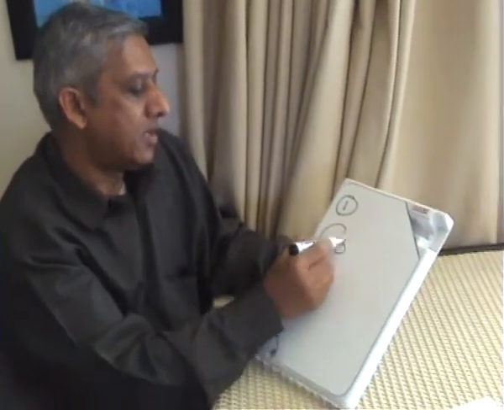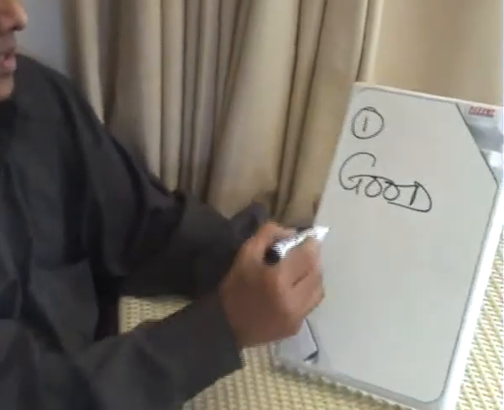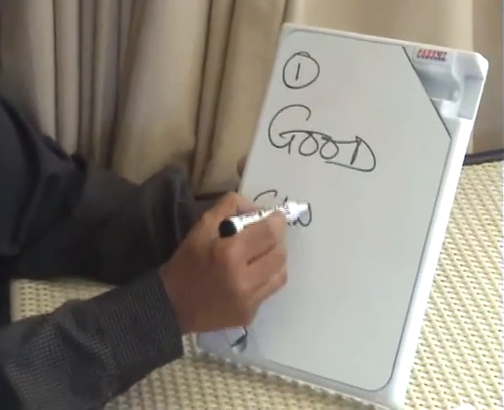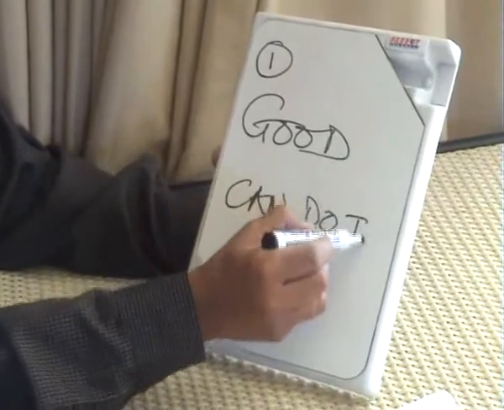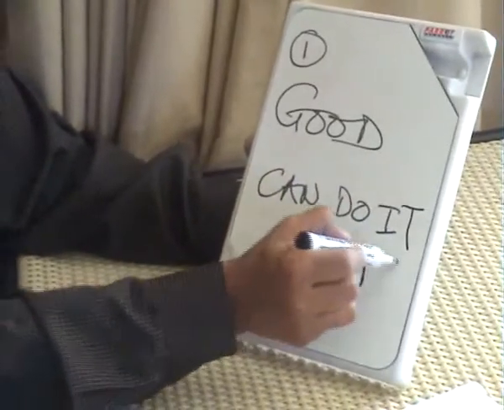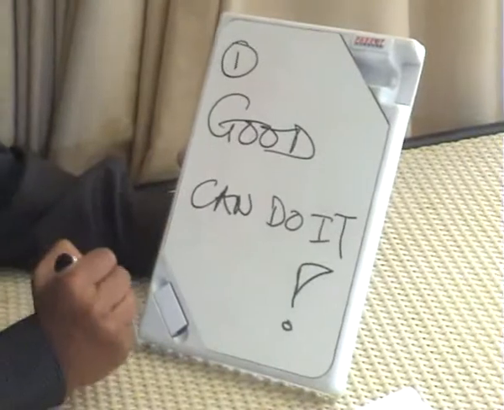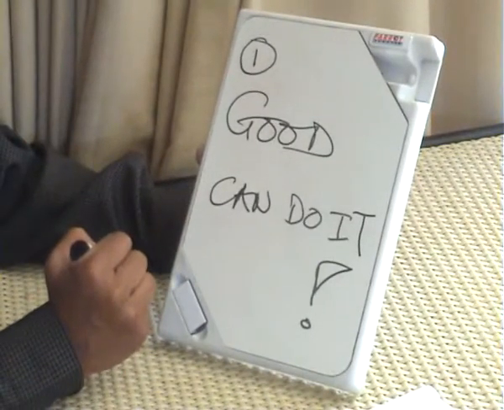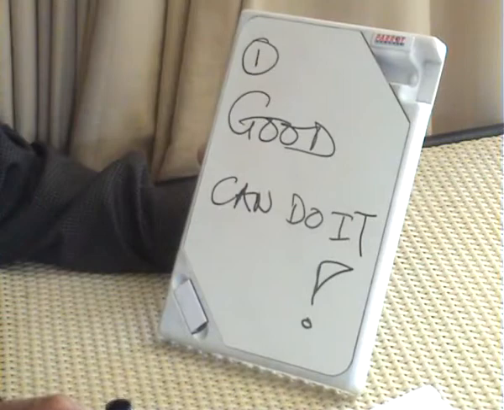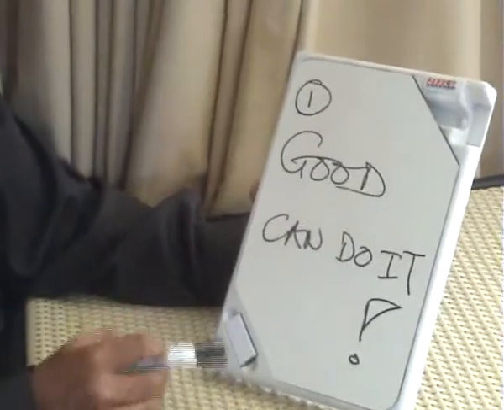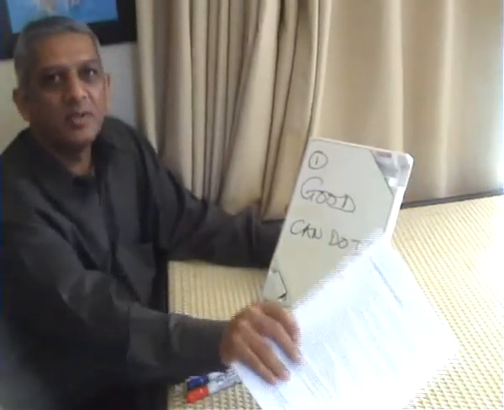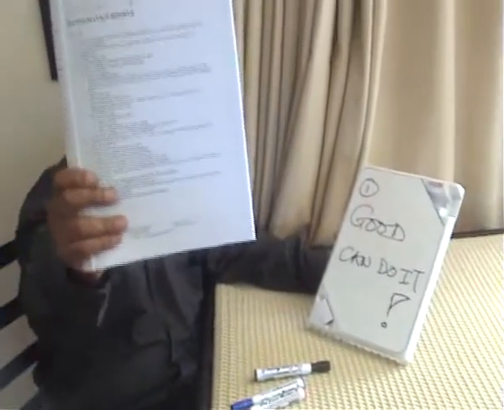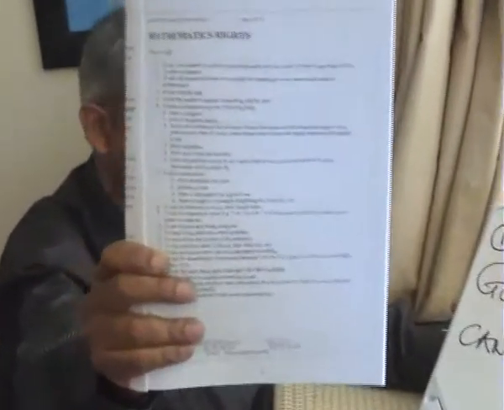One of the first rights that I consider for any learner is that he must say, I am good and I can do it. That's your first right. You have a right to say, I am good and I can do it. And so, this is the most basic of your maths rights. And over here, you'll find all your rights are listed. You can go through them one by one and then try and implement them as you are studying.